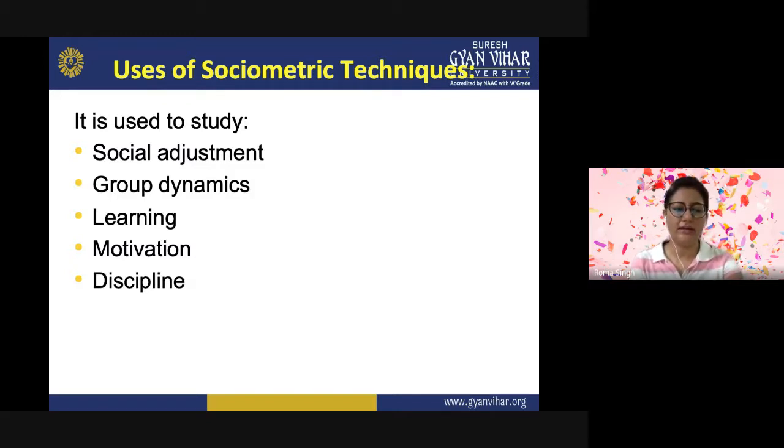Depending on the character of the group, the members may be asked to indicate whom they like, whom they do not, and whom they want to be associated with while doing any kind of group activity. Like if you want any kind of activity in cooperative learning, or any kind of problem solving method, or if you want your students to enjoy a picnic, but there is enmity between the group, there may be a problem in carrying out any kind of activity, so you will be afraid to take the group out of your class.